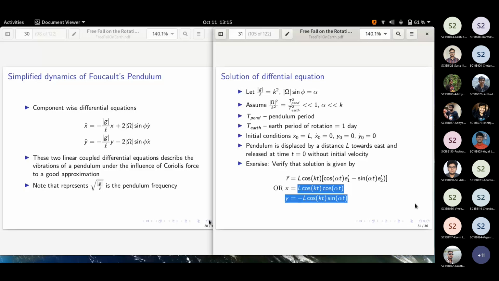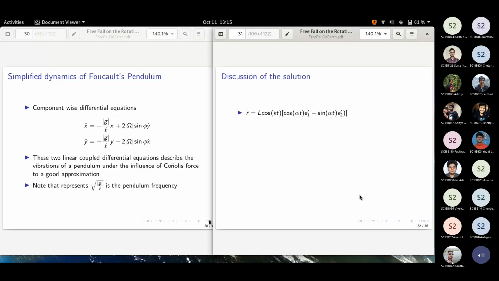The oscillation is along the x and the y, north and the east. So even though you had not given anything along the y direction, you can see that the object still has some oscillations along the y. In the sense, you will see that the y coordinate also is non-zero, even though it was 0 in the beginning. So let us try to interpret that.